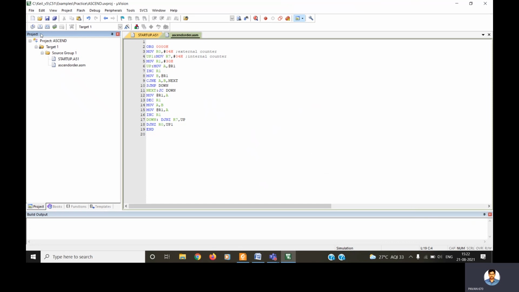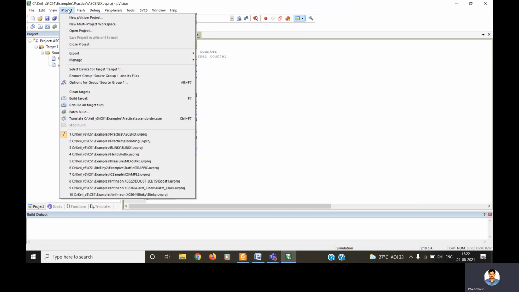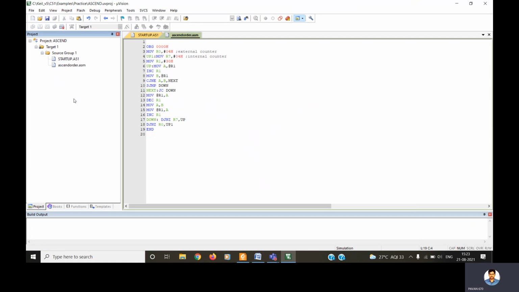You can observe here that whatever program you have written is added in your project, in your target list of files. This step is very, very important. Once this is completed, only then can we do anything. After adding your file to the target device, we will do this step, project filter.